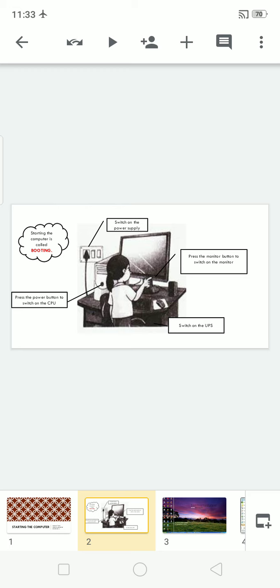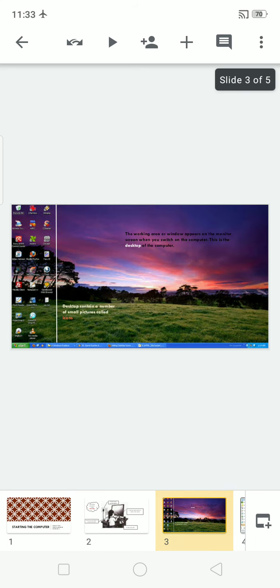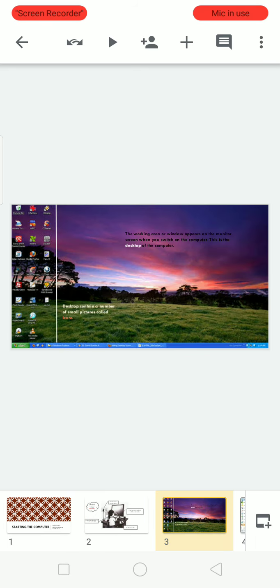After we switch on the computer, a working area or window appears on the desktop monitor screen. When we start the computer, the first monitor screen that appears is called the desktop.